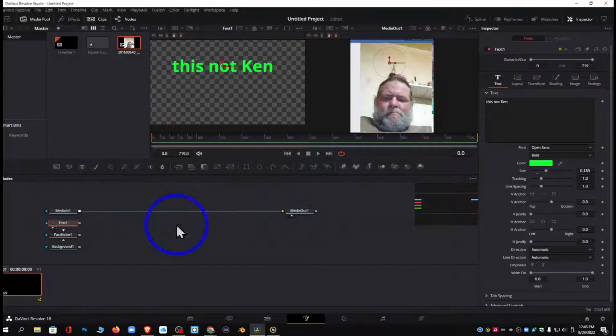I can't do it. All I have to do is take this text node, take the out of the text. This is always out. The gray is always out. Always out. Take the out and put it anywhere on this median, anywhere on this median except the blue triangle. And I'll show you that in a minute. If I put it here,